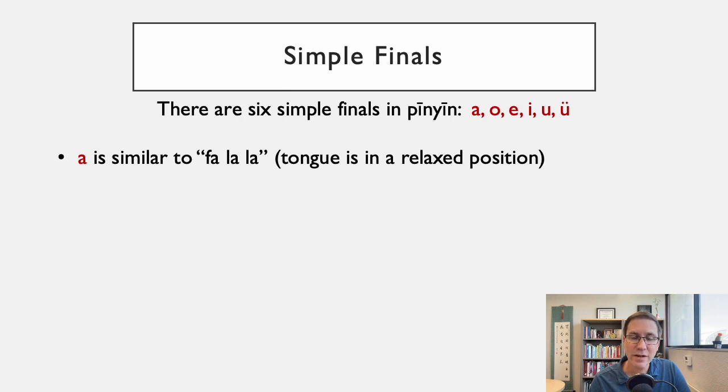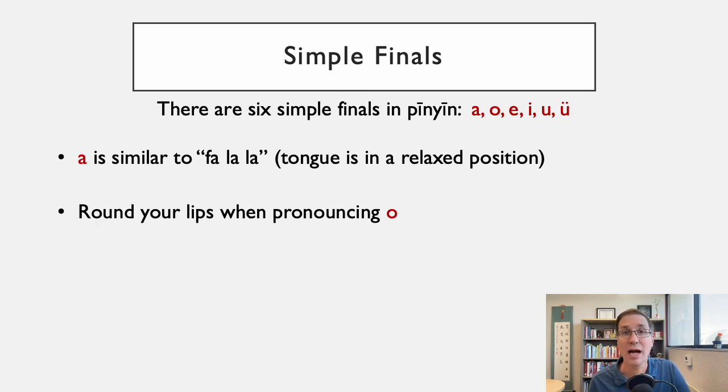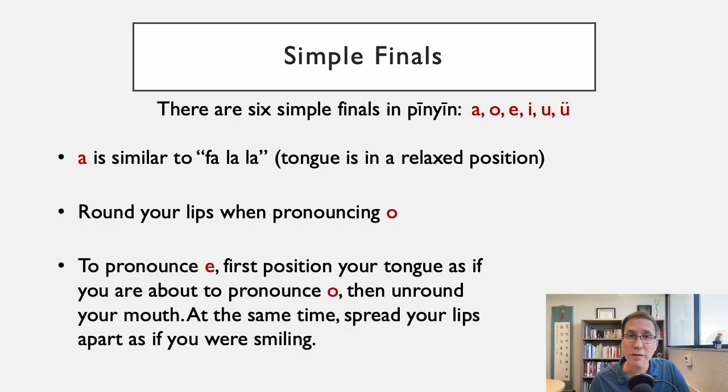The A is very similar to fa, la, la in English, so your tongue here is in a very relaxed position. As for the O, what you're going to want to do here is round your lips when pronouncing it. 好的，跟我说 O. And for the E, you're going to first want to position your tongue as if you're about to pronounce the O, but then unround your mouth. And at the same time, spread your lips apart as if you were smiling. 跟我说